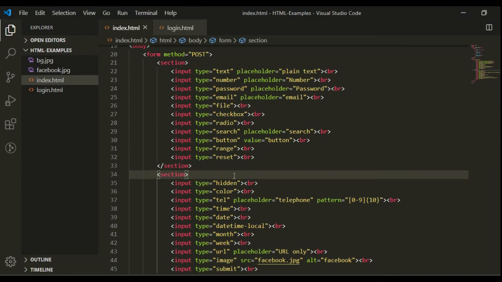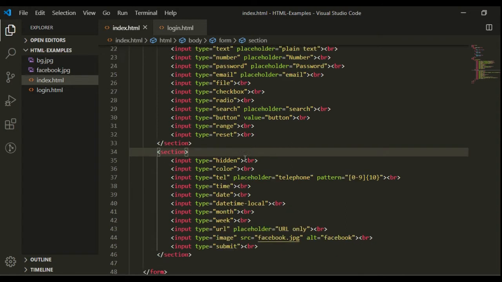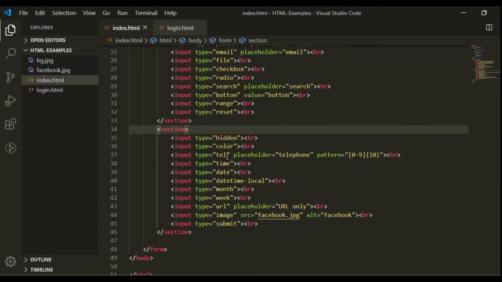Here I have written the code for saving the time. Here I have used input type with text, input type with number, with password, email, file, checkbox, radio button, search box, button, range, reset, and other type attributes like hidden, color, telephone, time, date, date time, month, week, URL, image, and submit.